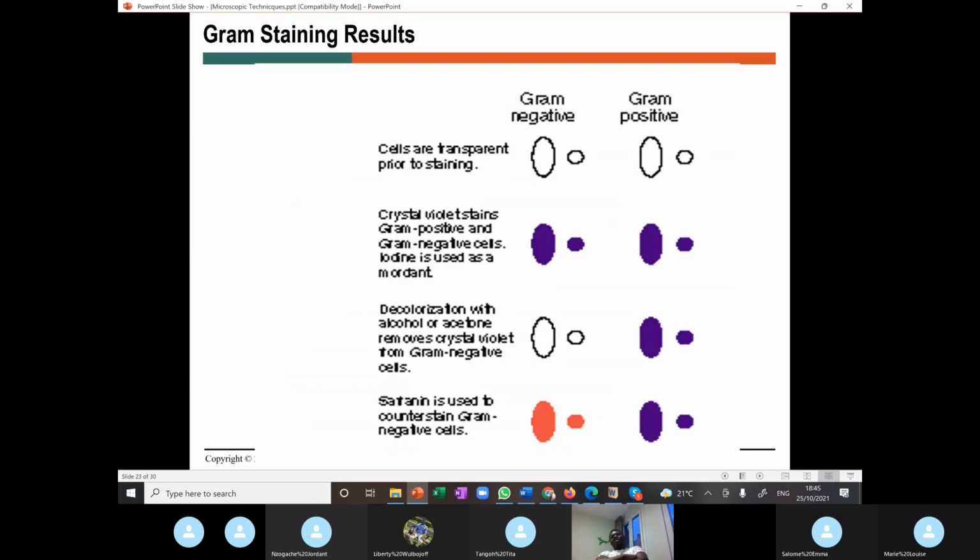So this is what I'm trying to explain. At the beginning, we had a presumptively gram-positive cell and a presumptively gram-negative cell. We stain them first with crystal violet, a primary stain. We decolorize with alcohol after passing Lugol's iodine over them. Remember that because this layer is very thick in gram-positive,